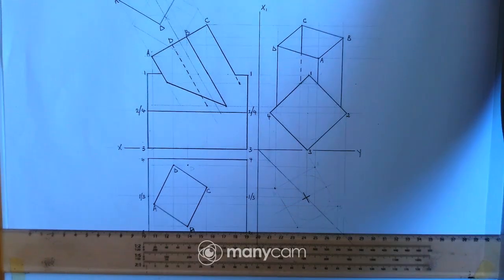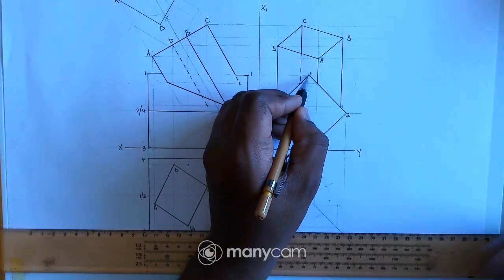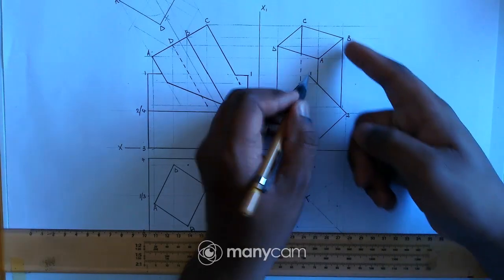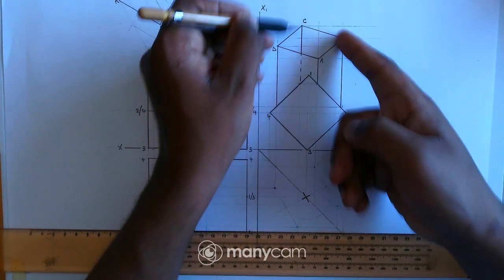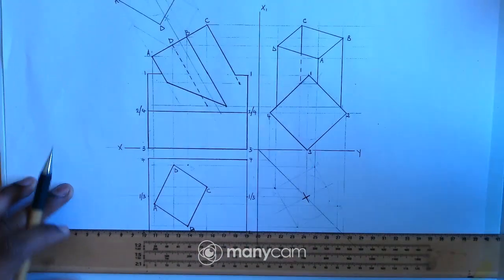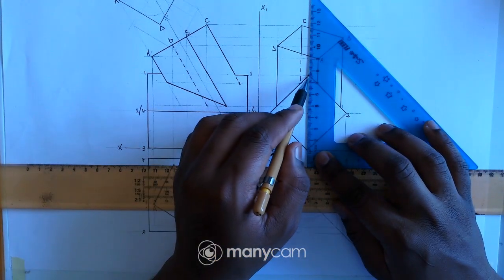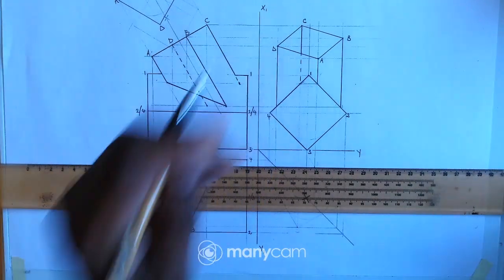I'll take my compass. So what I have to do here, because I have this point between line B and line C, right? I have that point, so I have to take this point up, project this point up to there. So that means I have point 1 there.